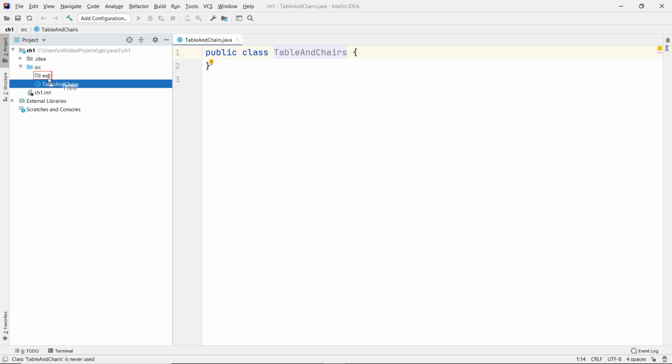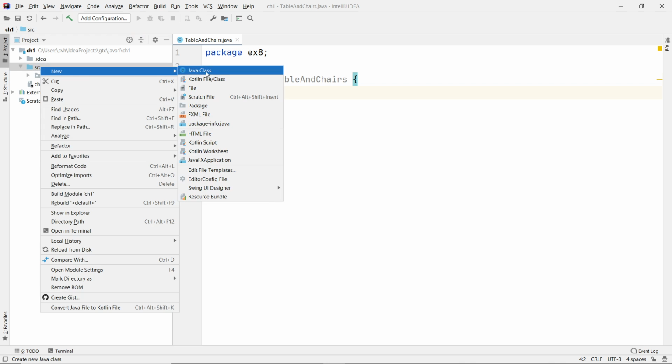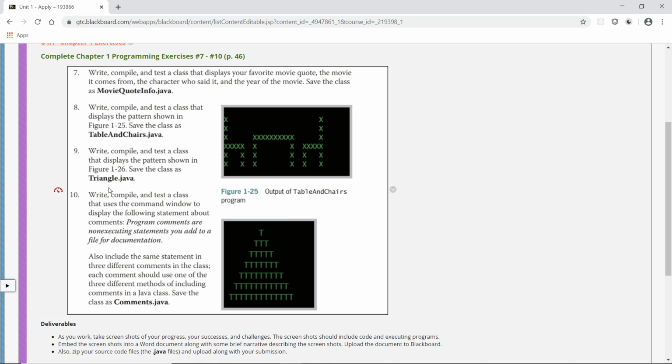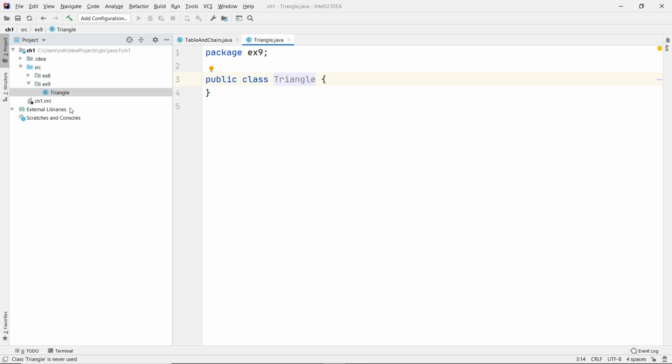And you can drag that inside there, such as a refactor, and it's going to add this package name for you. So now you have your exercise 8 here, and the next time if you do number 9, you can just do this new class, and then type the folder first, so exercise 9, and then dot whatever that is. So let's see, 9 says triangle, right? That's this one down here. So I can go and say exercise 9 dot triangle, and now you see it creates this folder directly and